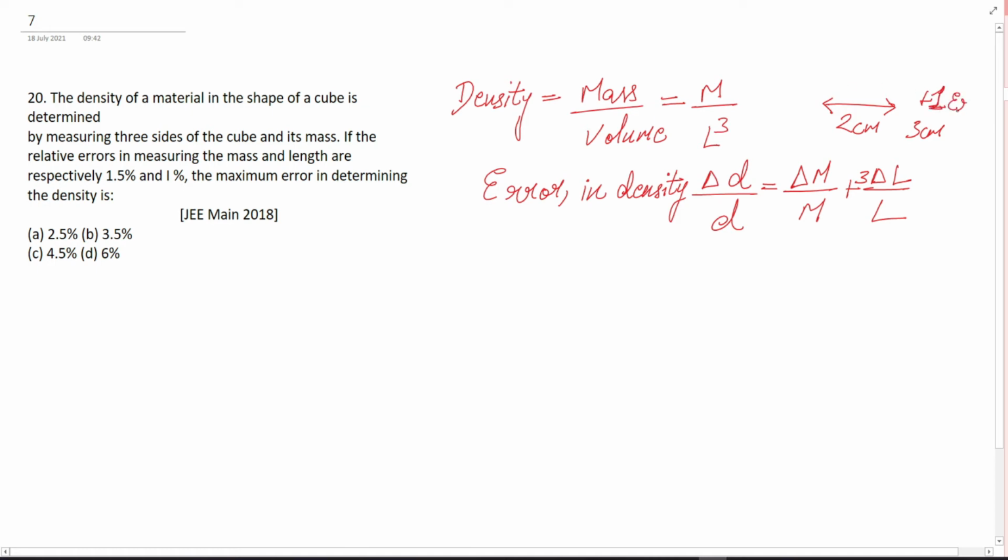So if you put this in the formula for cube, if you want to take the density, you will take mass upon 2 cube. But in the error case, it becomes mass upon L cube, which is mass upon 3 cube. So this is how the error is impacted. If you measure something wrong in a linear way in the formula of density, the error becomes exponential. So I just did that to explain it a little better.